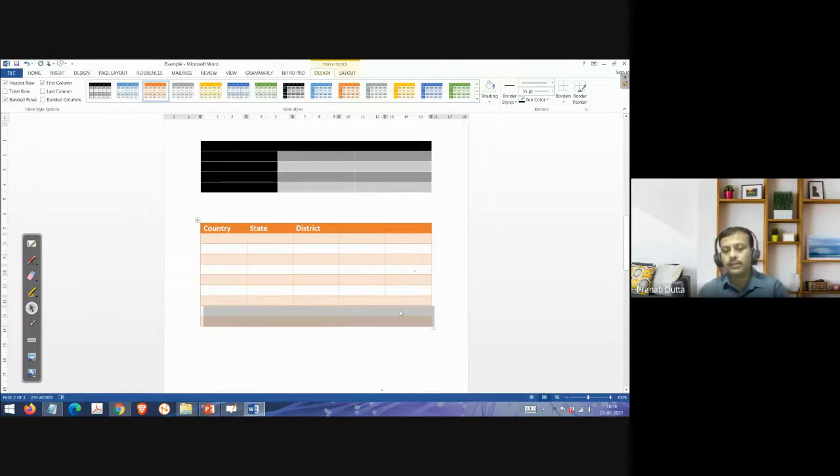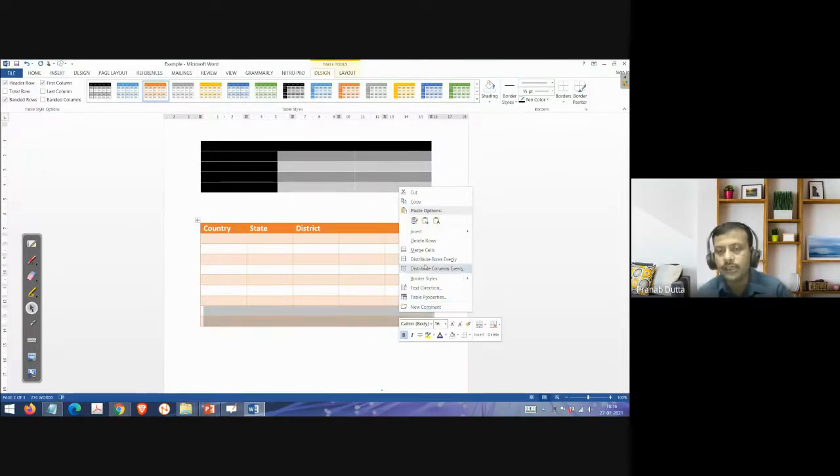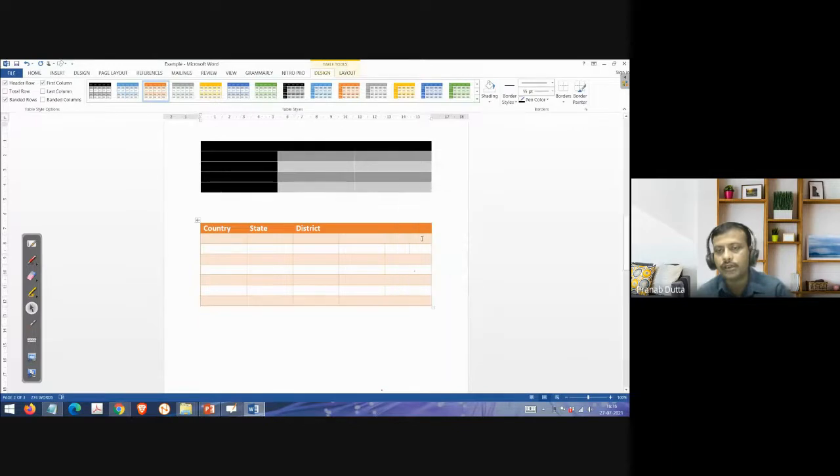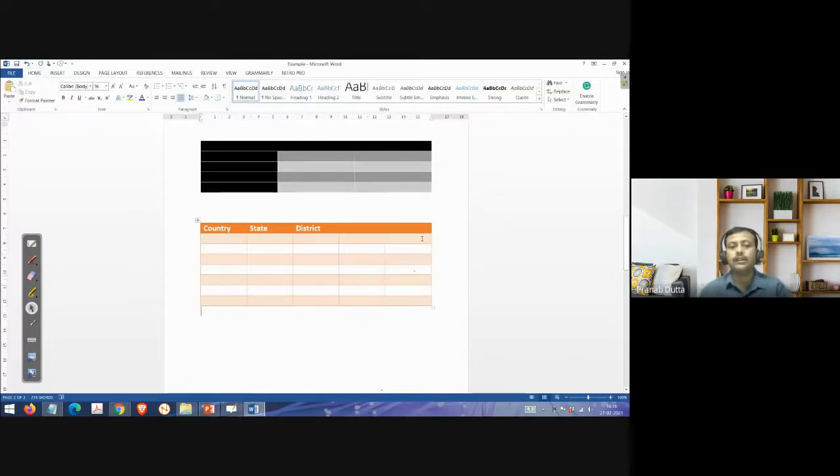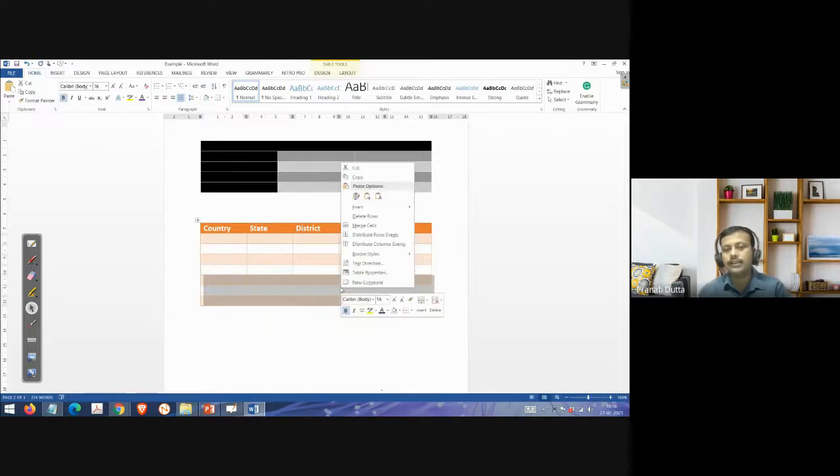Right click now. Remember it. Put the cursor on this one. Right click. Okay. If you see, there is a delete row option. Delete. It will be deleted. Okay. And if you want to insert a row, we can do it like this. Suppose I want to insert 3 rows. So I'll select 3 rows. Right click. Insert. Then where you want, below or above. Suppose I want below. So insert row below.